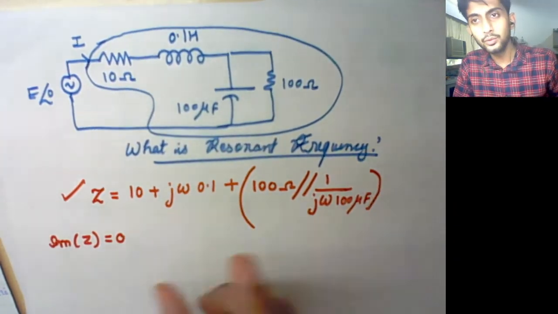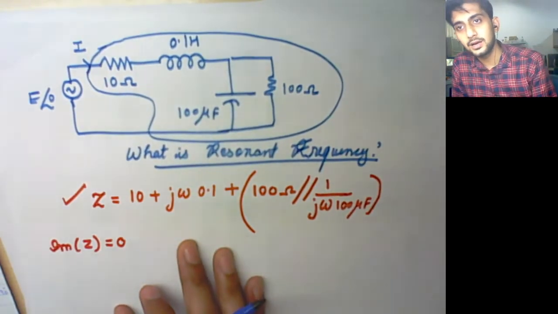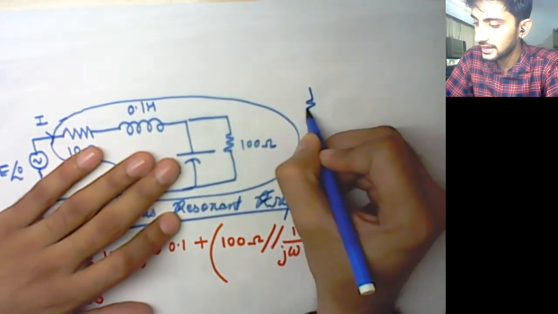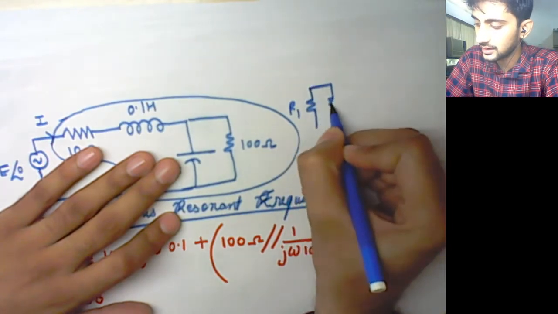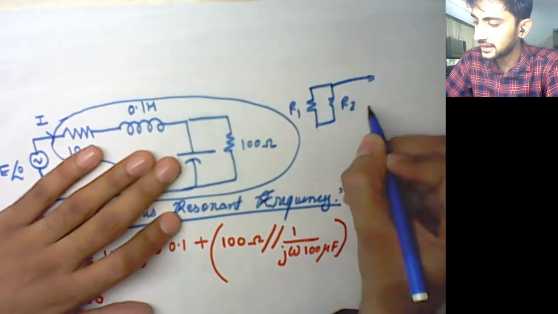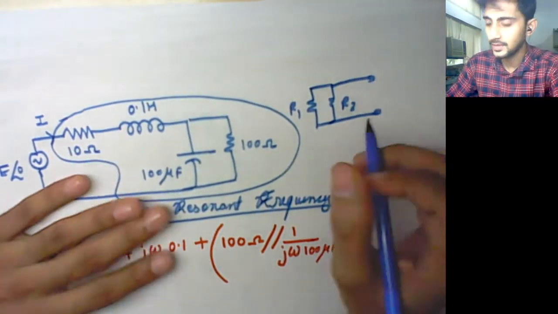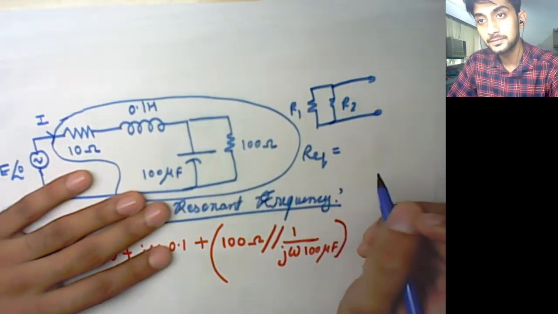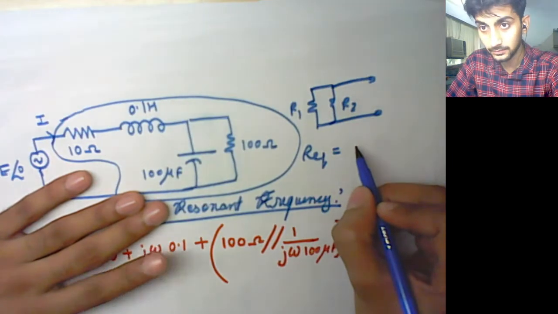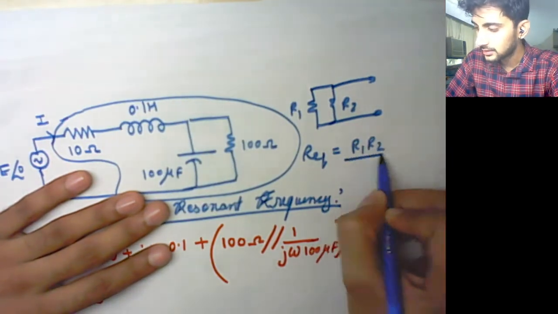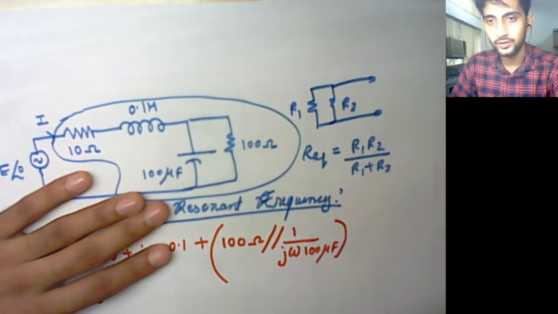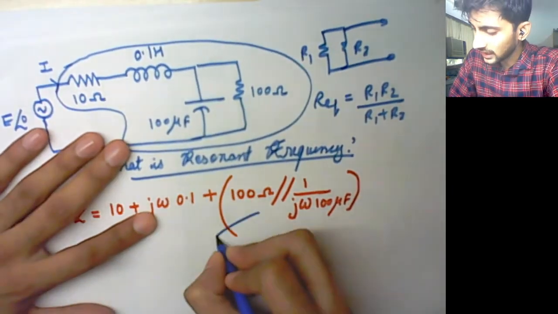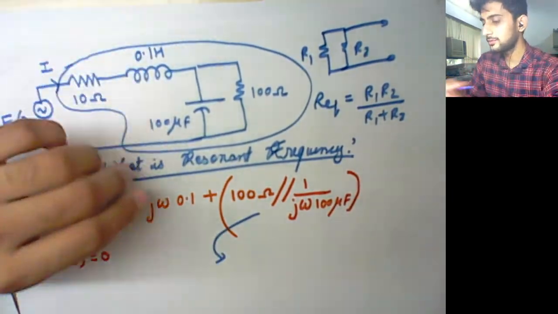If two resistances are connected in parallel, for example, एक R1 ये रहा, एक R2 ये रहा, इनका net equivalent resistance क्या होता है? What is R equivalent of such cases? बताएं. R1 R2 upon R1 plus R2. Exactly, and this is what we are going to use. So इसका जो equivalent होगा, it would be equals to,